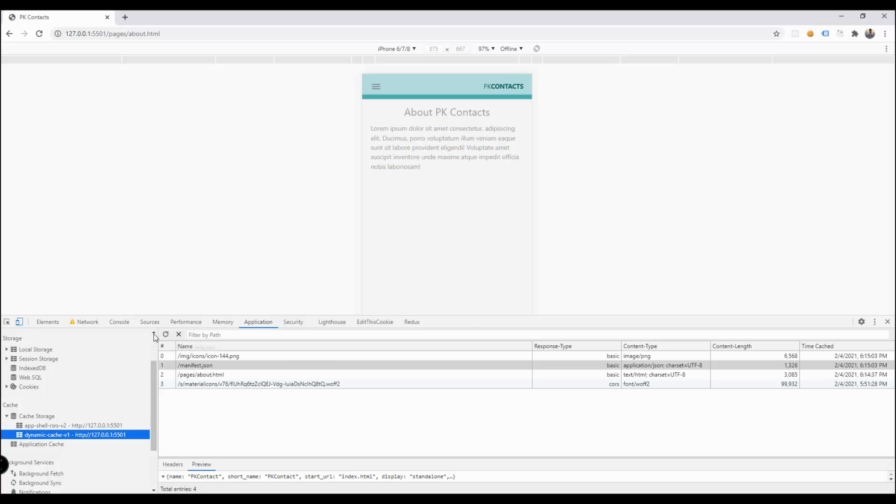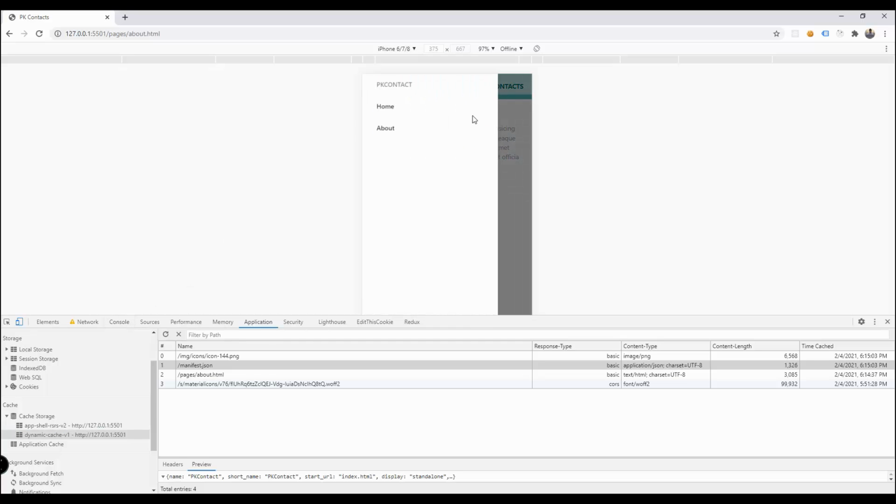So whenever it exceeds 5 items, it will try to delete that, so that we will have a limited size of our cache. Okay, so I think that's all there is to it in this video tutorial,